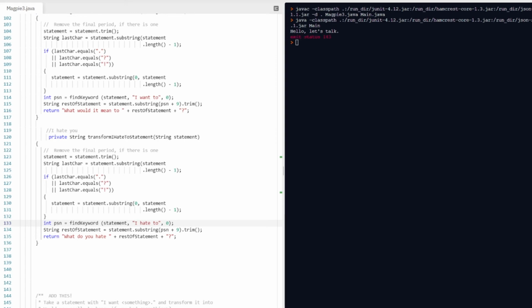Let's stop and run. No errors. Things are looking good, kids. I love CS. Oop. I love to learn CS. Ooh, nope, kids. It's I want to learn CS. And there we have our copy. Look, it's the same as the one before because we have the space. I hate to have days off school. And why you hate have days off school. So you can see it gets it.